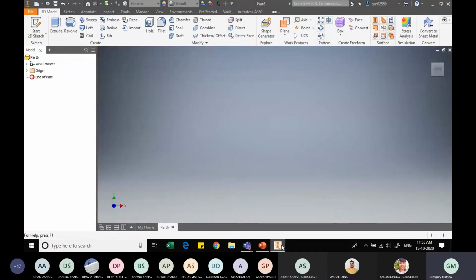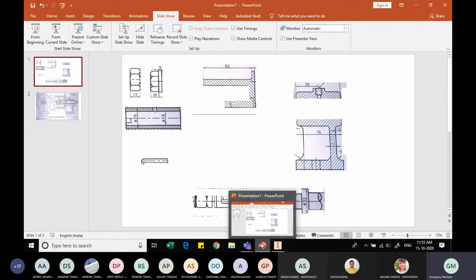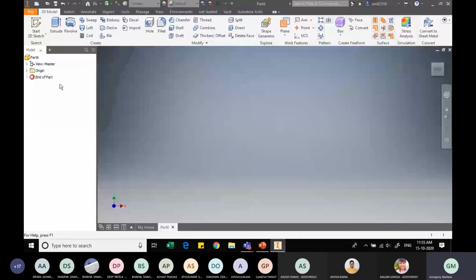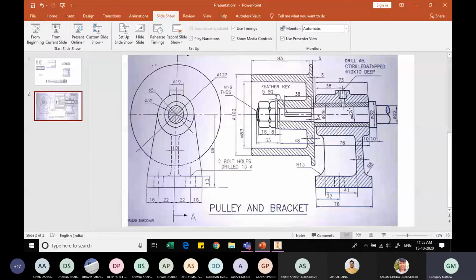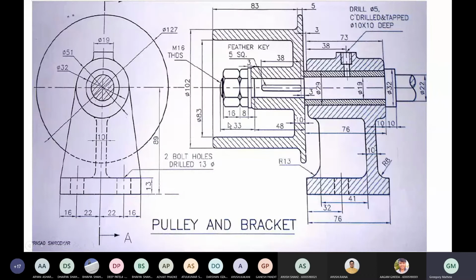So the first part that we are going to create, wait. That's my PowerPoint. So we will be creating this portion first of all, from slideshow. So Control plus laser. Yeah. So we will be first creating this portion, and then we'll add this feature, and then we'll add the bottom feature.